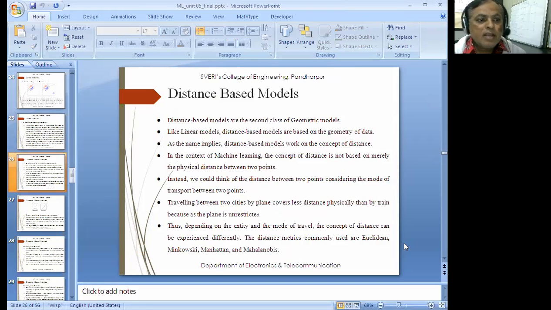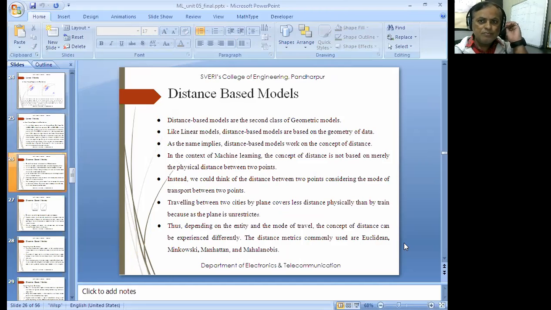Now, up till now, we have completely finished the linear models. Now we are moving towards the distance-based models. There are different models which you are going to see here. I do feel there are 5 models in this, and one by one these models will be studied, as some of the models have their own advantages and some of them have their own disadvantages.